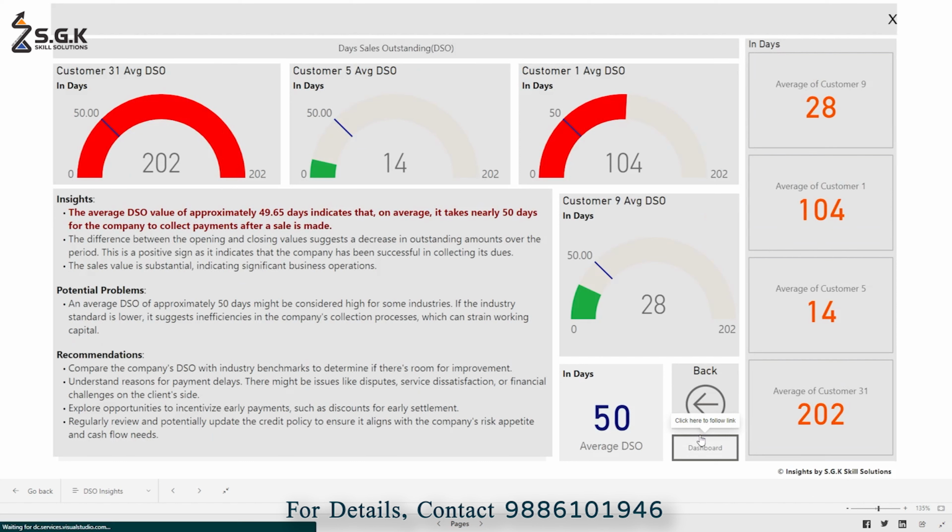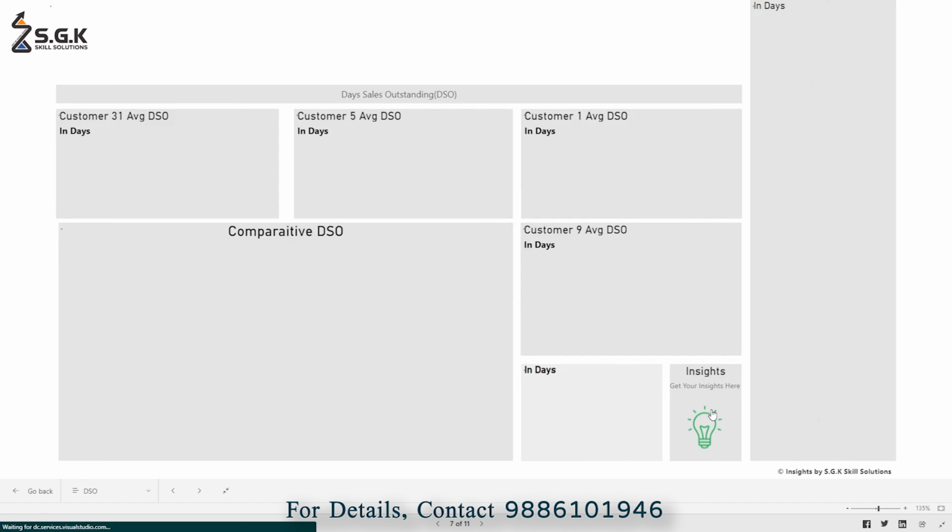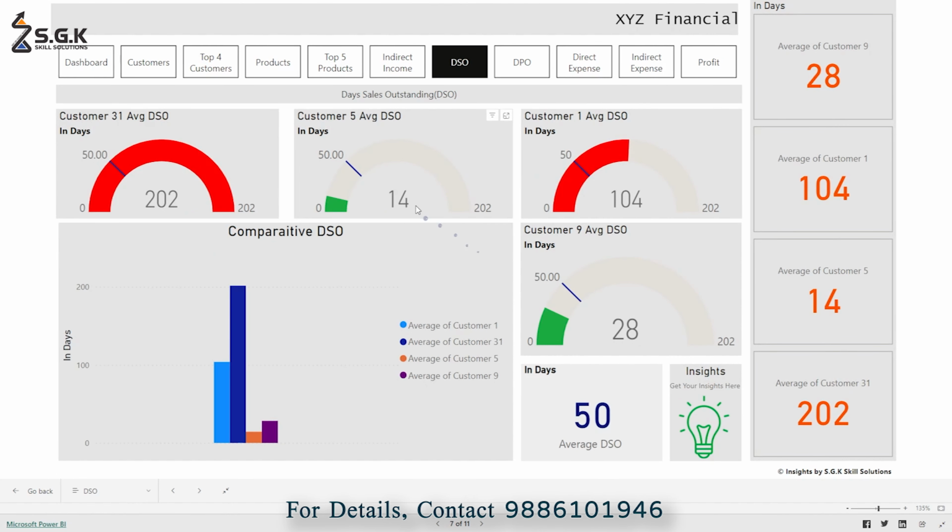We did speak about it in our insight as well and said the average DSO is 49, but it takes 50 days for the company to collect payments after the sale is made. In fact, we have given recommendations of how they can improve their DSO. Because if we note, except for customer 9 and customer 5, the other 2 variations are quite large compared to